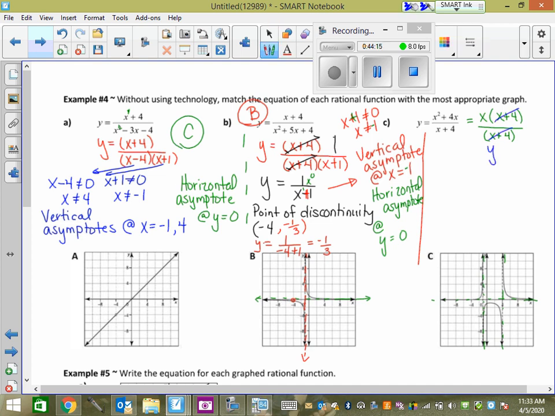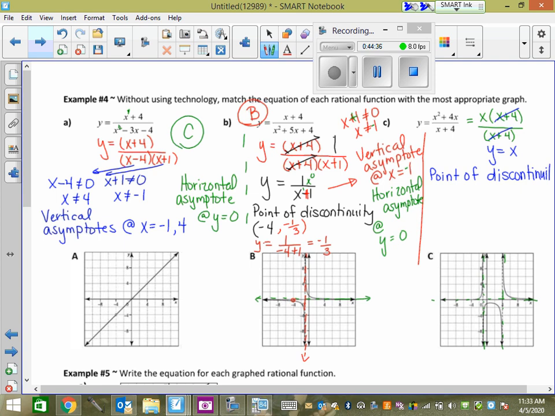So I'm just left with y equals x. I'm not left with a rational. So this is one of those where you're going to get a line with just a point of discontinuity and no asymptotes, because this is y equals x. It's just a line. It's not a rational after we've canceled. So we have a point of discontinuity, and that's it